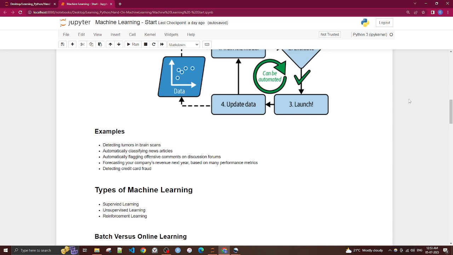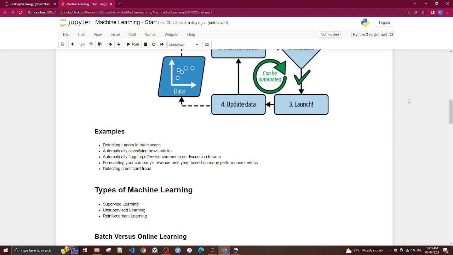Also, dimension reduction comes in unsupervised learning. In dimension reduction, let's say you have a lot of hierarchical or multiple features, and you want to reduce them into a few.